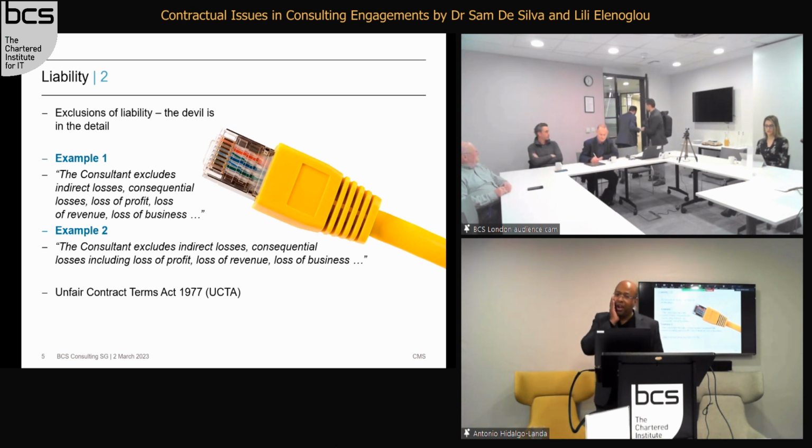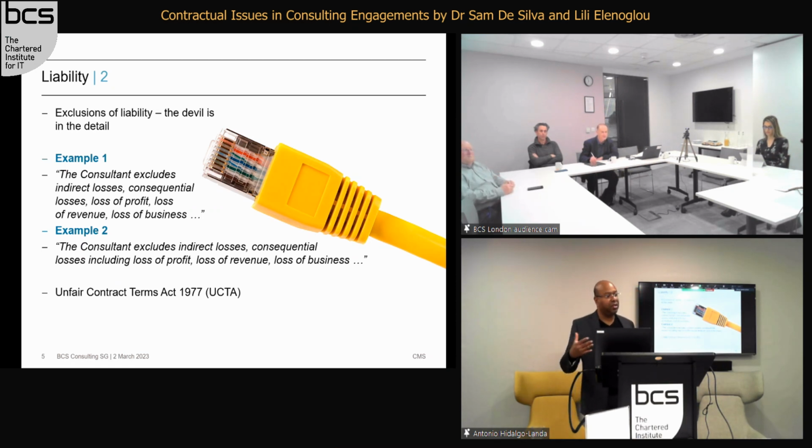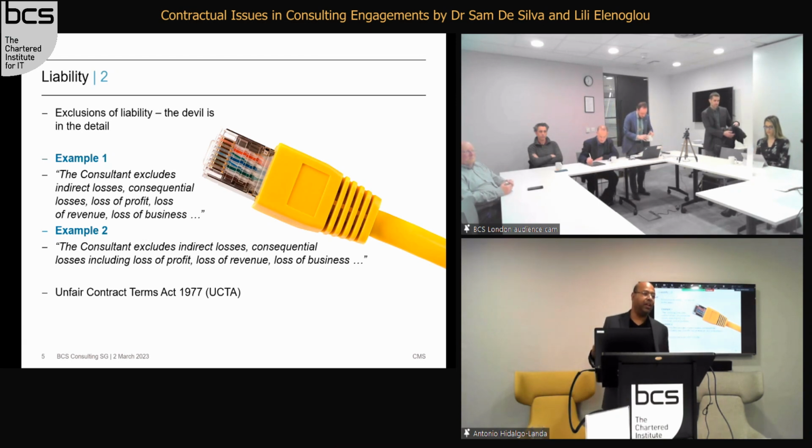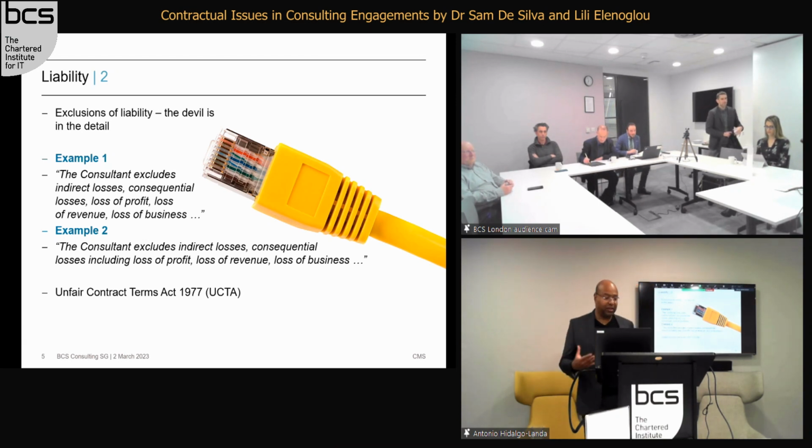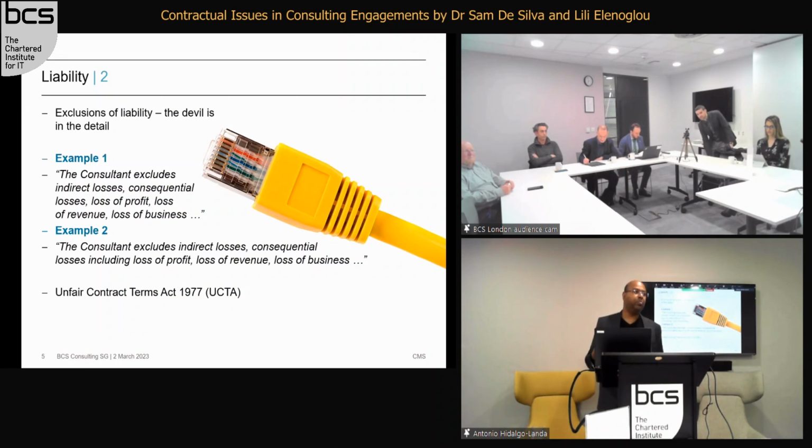So Unfair Contract Terms Act. This is a piece of legislation which effectively says that if there's parties of equal bargaining strength and if a contract is negotiated on standard terms. Now, standard terms doesn't mean the contract can't be negotiated. There's been case law which says even if a contract's being negotiated, it may still be standard. So what UCTA says is if there is a clause which is unreasonable,